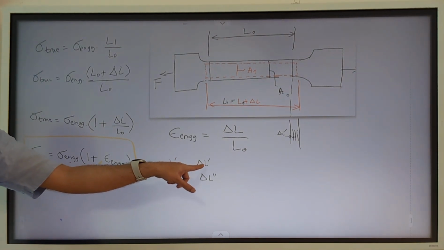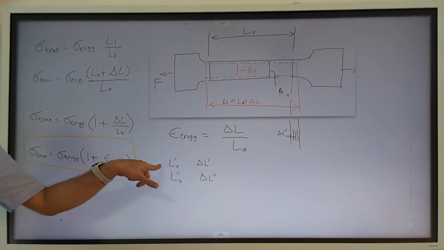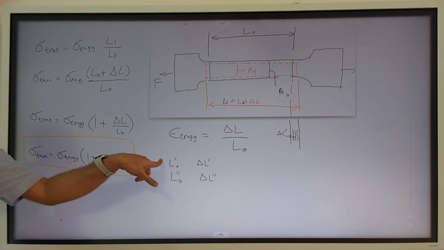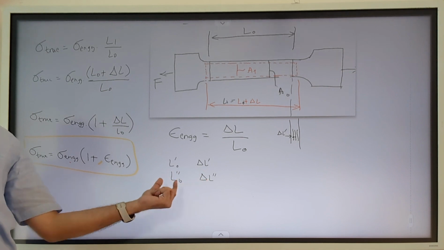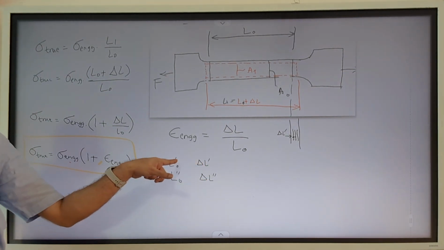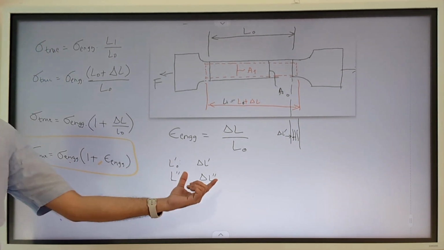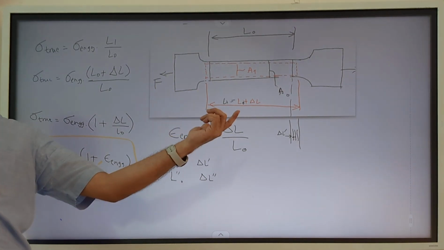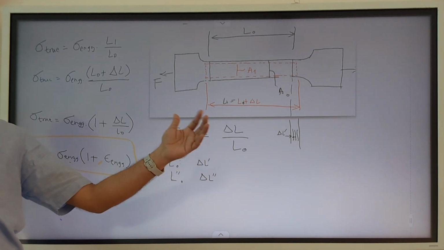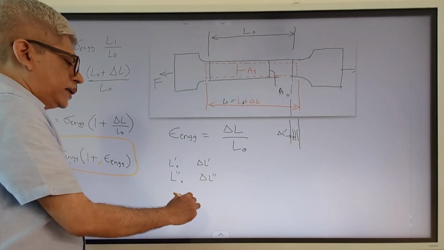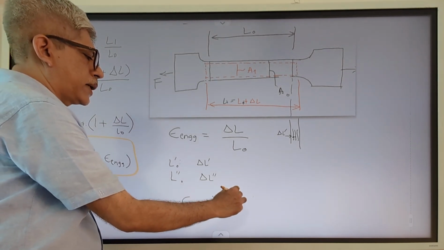So at this instant, the incremental strain would be delta L dash divided by L0 dash. In the next instant, the length has become more because this delta L dash gets added to the original length, so the denominator would be larger. After that it got further elongated, so there is further incremental strain. If you add up all these incremental strains, that is defined as true strain. So the true strain is the addition of all incremental strains.